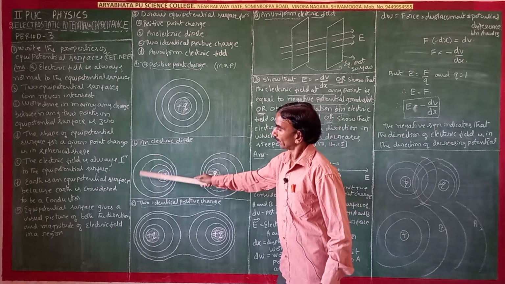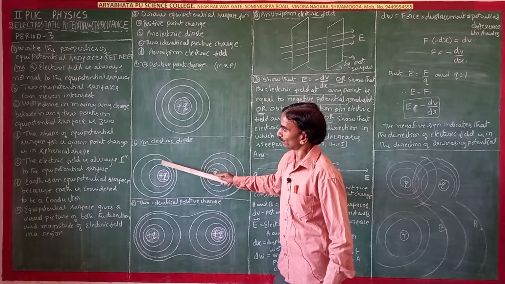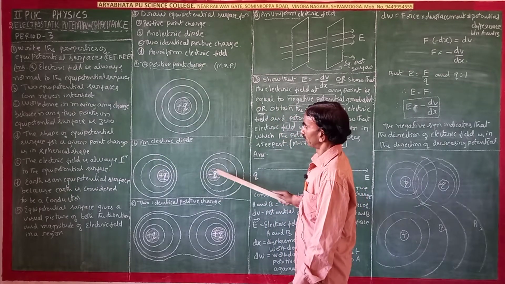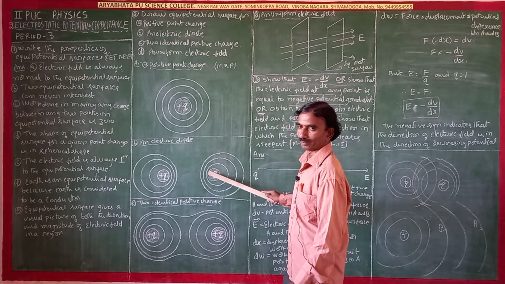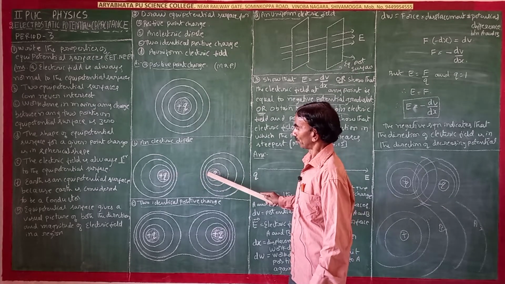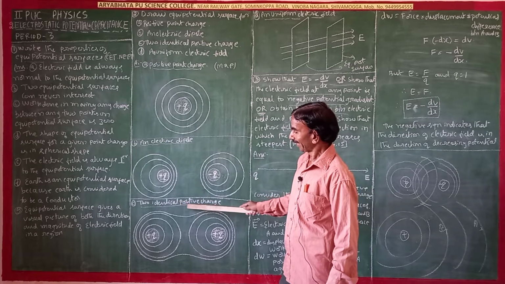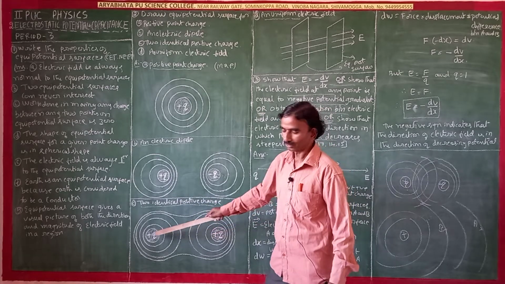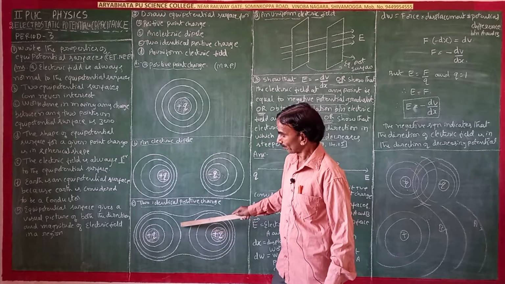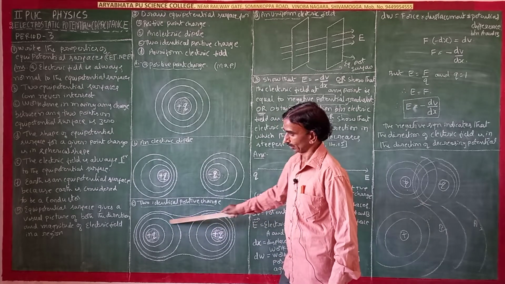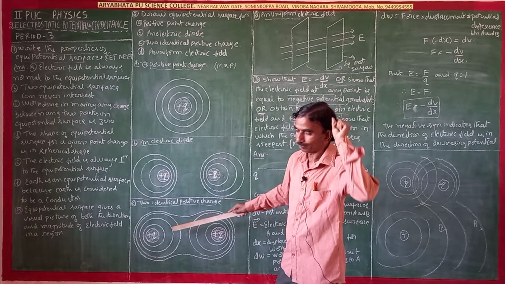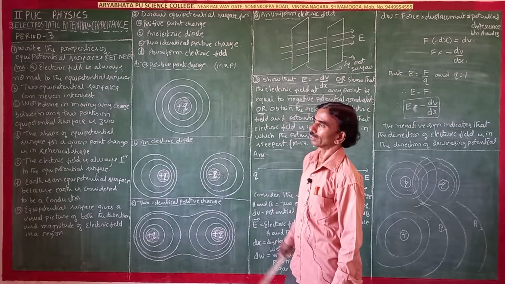So, the equipotential surfaces go on that side for plus q, and for minus q they go on this side. Diagrams will be like this, with the positive and negative charges. Two identical positive charges: positive and positive charges repel each other, so the equipotential surface is like this. In the same way, for negative charges the equipotential surface is like this.